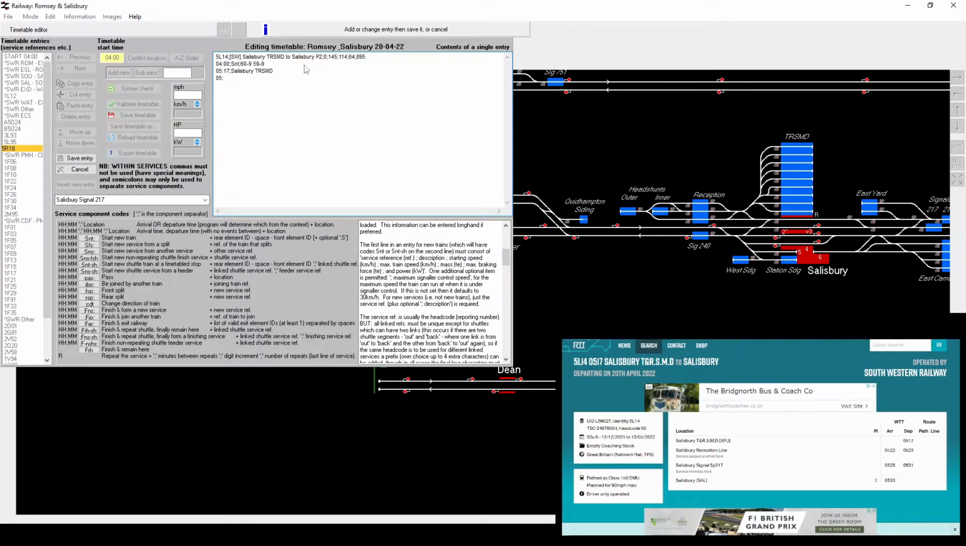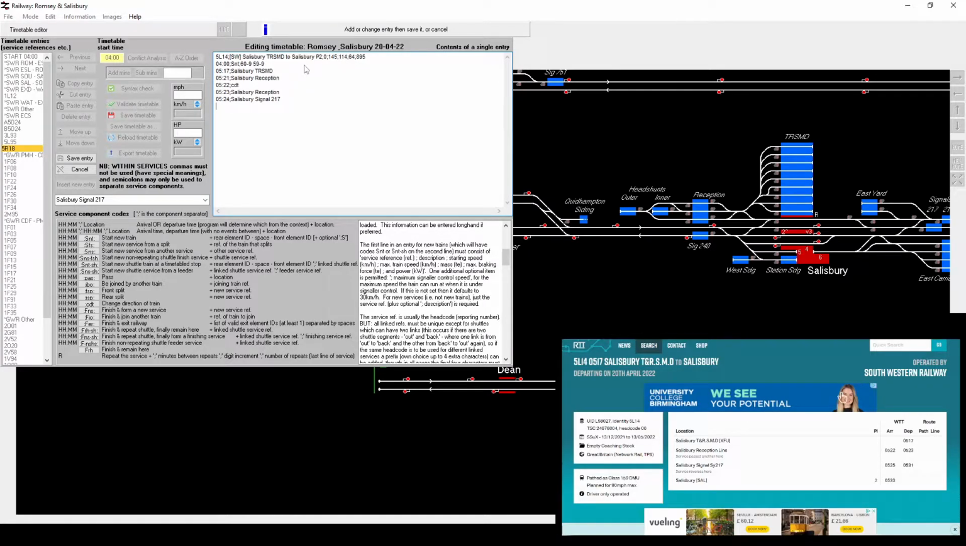520. I'm going to edit that slightly. It's not going to take 5 minutes to do that. I need some time to turn around. Salisbury reception, 522 CDT, 523 Salisbury reception, 525 Salisbury signal 217, 526 CDT, 531 leaving the signal, and 33 at Salisbury, where, if I'm not mistaken, we promptly turn around again to become 1 Lima 14,